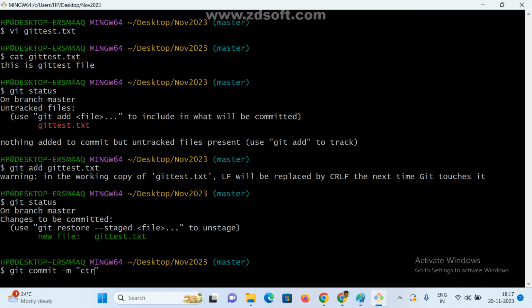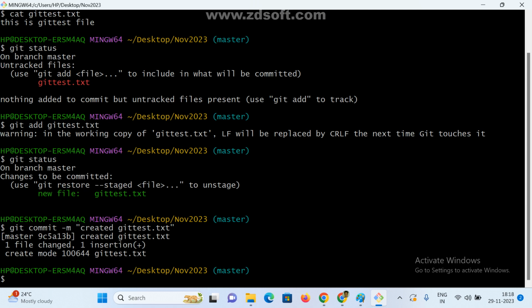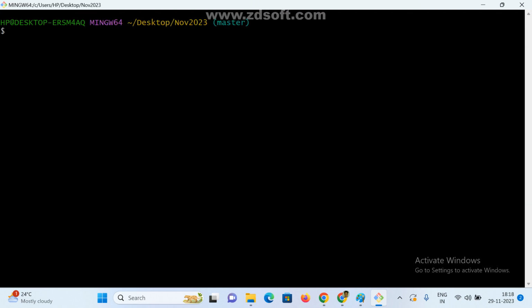Okay, now I am giving, for example, "Created git test.txt file." Now everyone can understand. So in this commit, what is the message I gave? "Created git test.txt file." Now if you want to see the logs, what is the command? Git